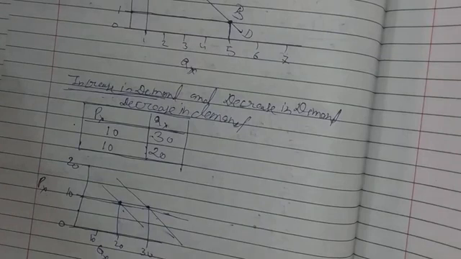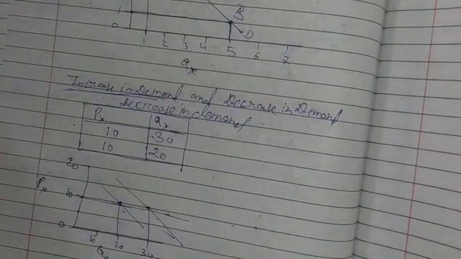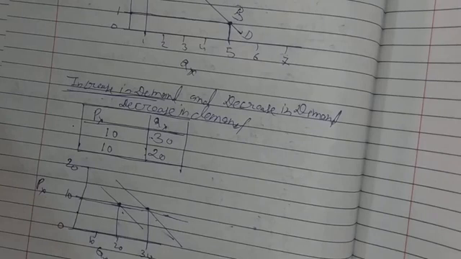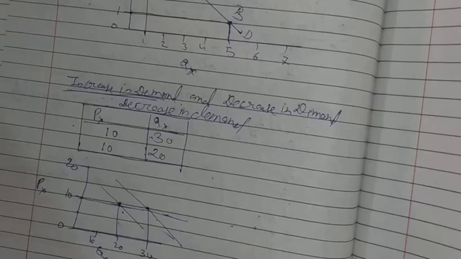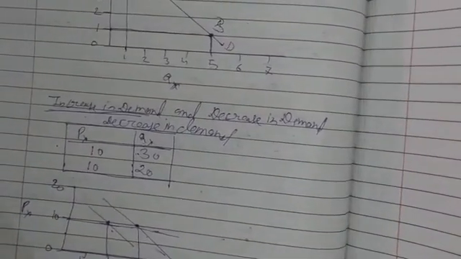What are the causes of decrease in demand? These are when income of the consumer falls, when price of substitute goods decreases, when the price of complementary goods increases, when taste and preference of the consumer shift against the commodity, and when availability of the commodity is expected to rise in the near future. These are the reasons why we see the decrease in demand. All other demand functions change.